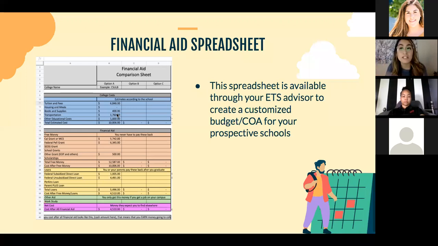Maybe they're a liberal arts major and they know that their books aren't as expensive compared to a student who's in STEM, right? And then transportation, because they're not going to be spending that much money on housing, maybe they are going to spend more money on transportation than, say, a student who was going to live on campus does. So that's why you see maybe a higher number here. And that's just considering costs like gas, maybe the parking pass, all that kind of stuff, and then other educational expenses. This is just stuff like a laptop. Maybe the student wants to get a new one and all those other kinds of costs. And we've created their cost of attendance as $10,000.